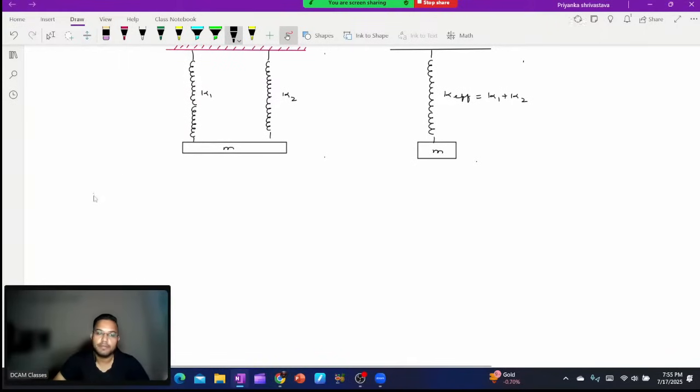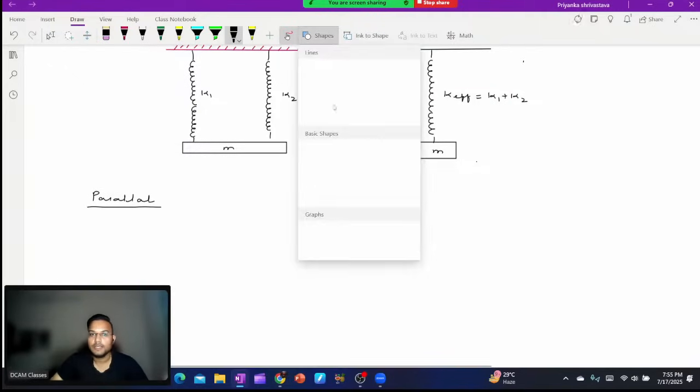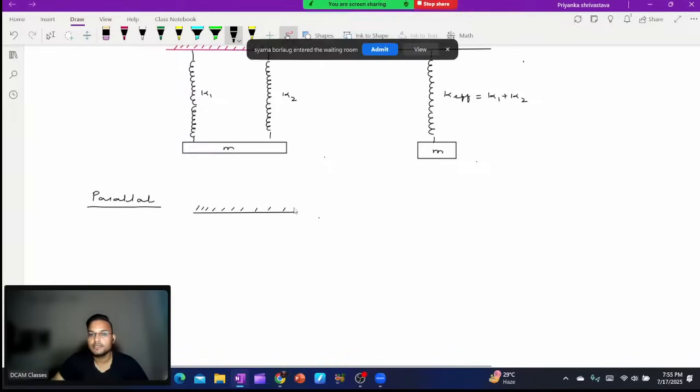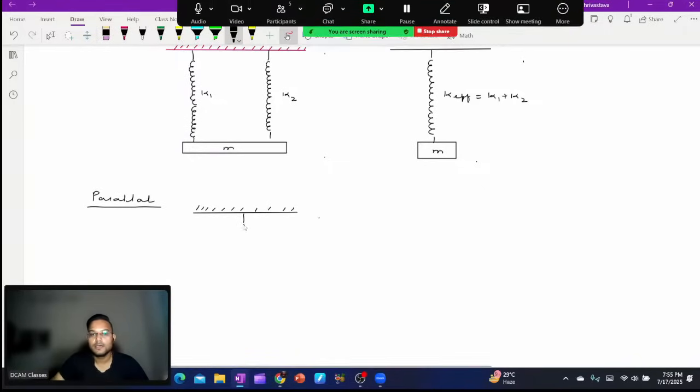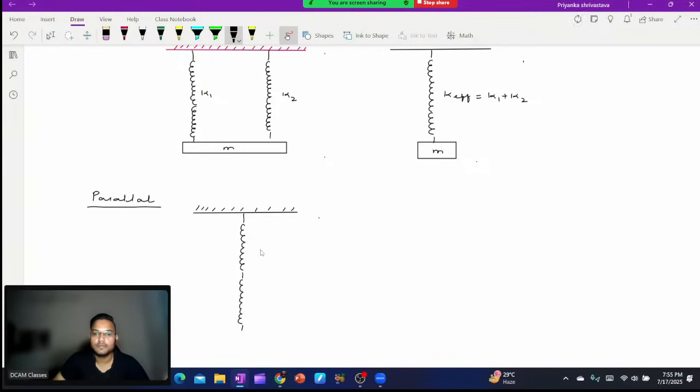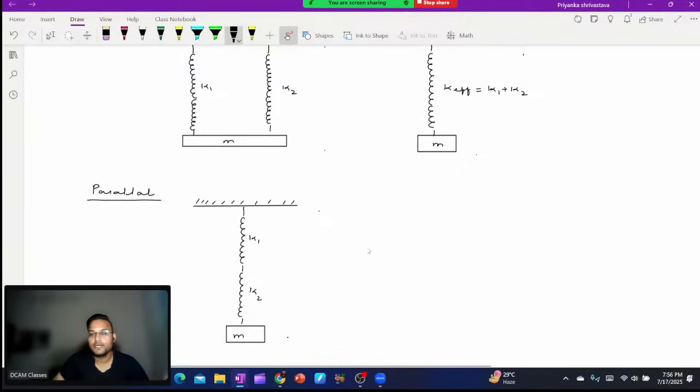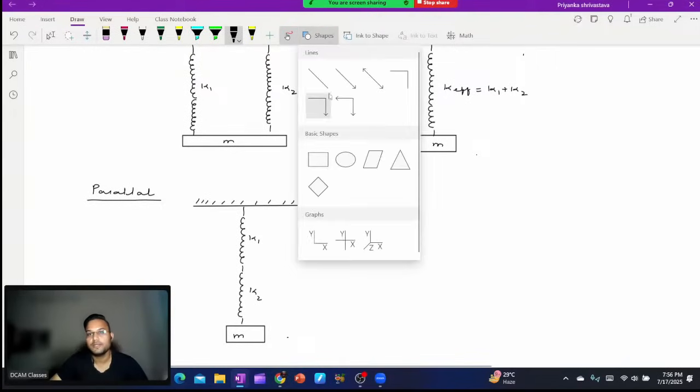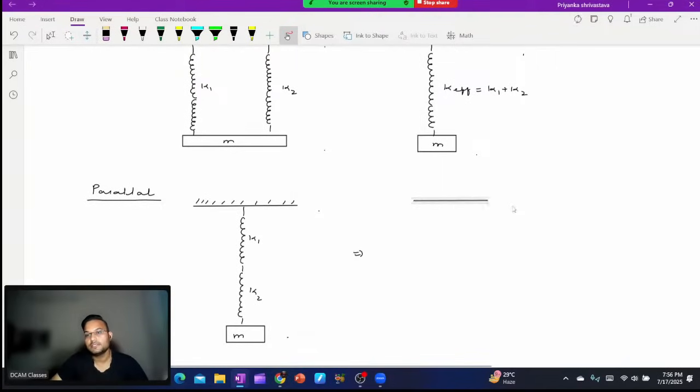And when the springs are in parallel, when we replace two springs with one, the case is like this: one spring is there, another spring is also there, K1, K2, they are connected and this mass is there. If you try to replace this part with one system,